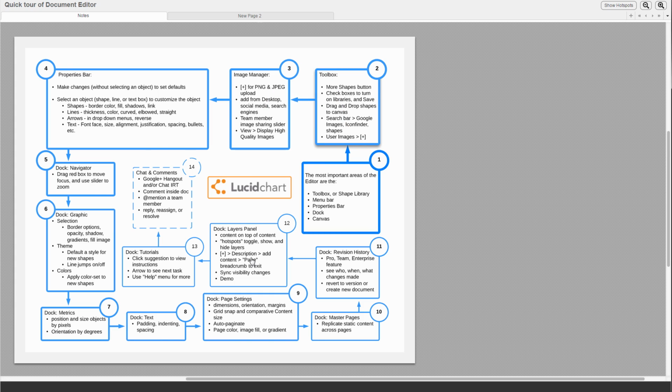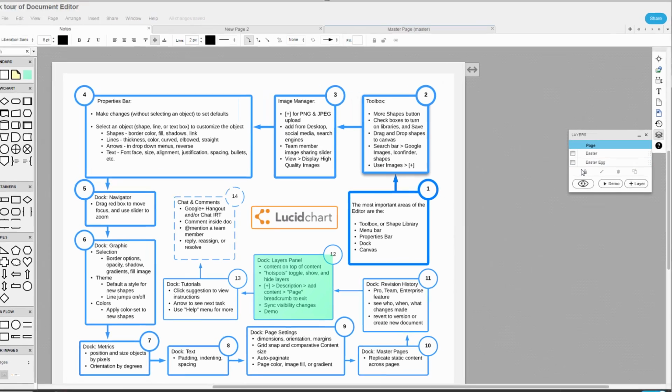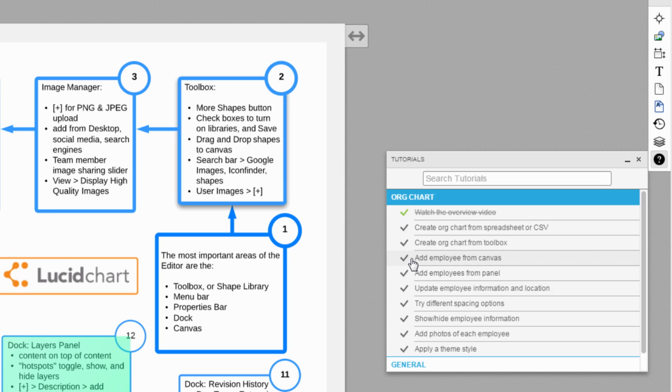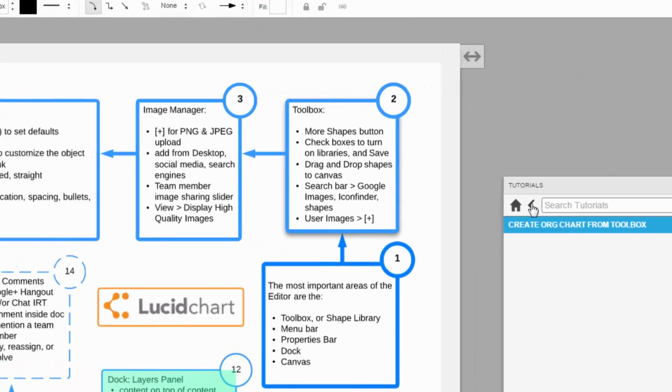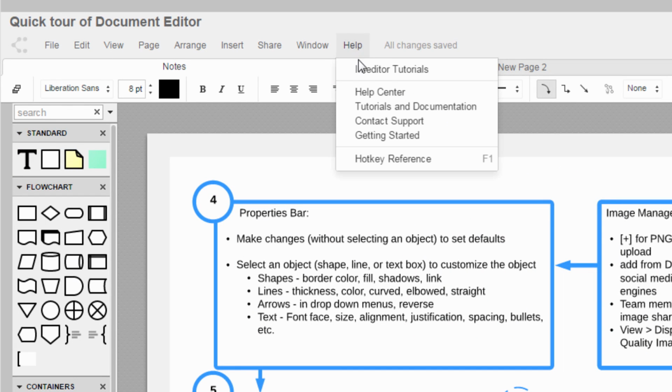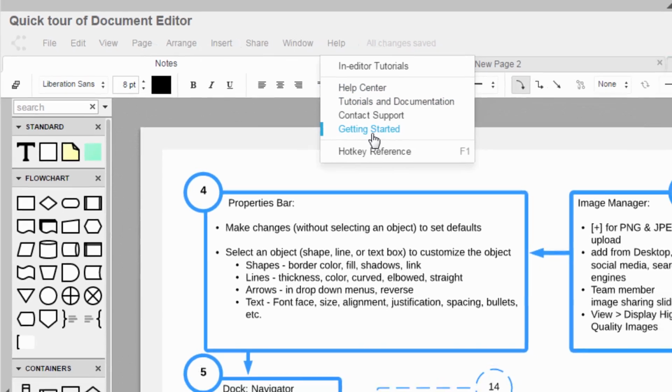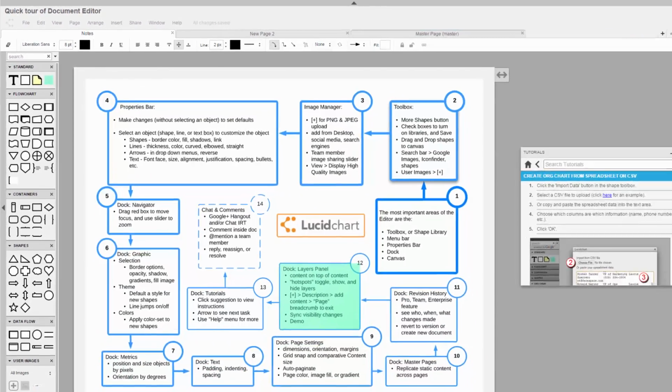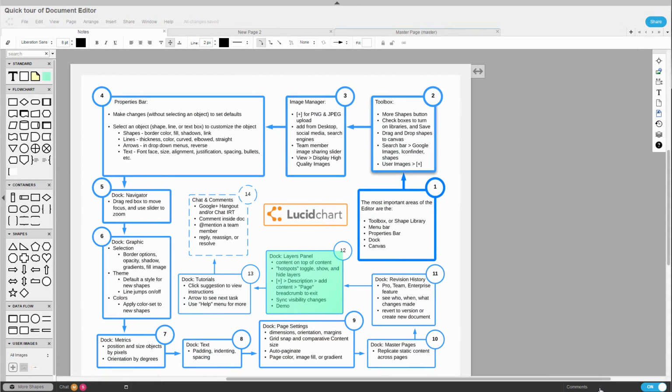9. The last button lets you search for a tutorial while in the editor. You can access the Help Center and submit a question to support by opening the Help tab on the menu bar. Now, at the bottom of the canvas, you will notice two great communication tools: the comment bar and the